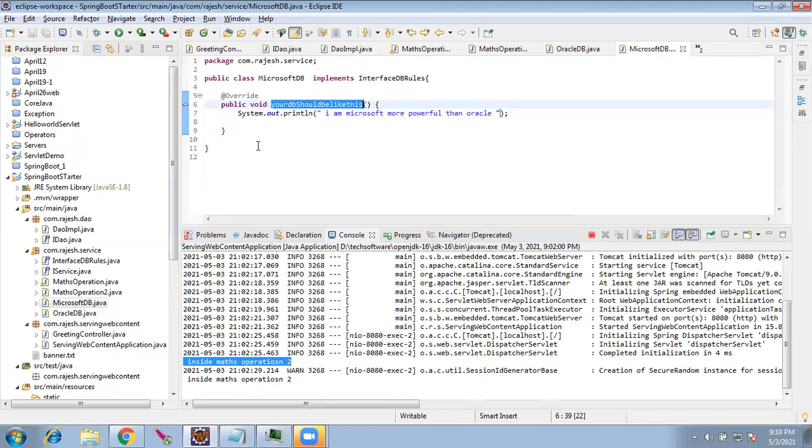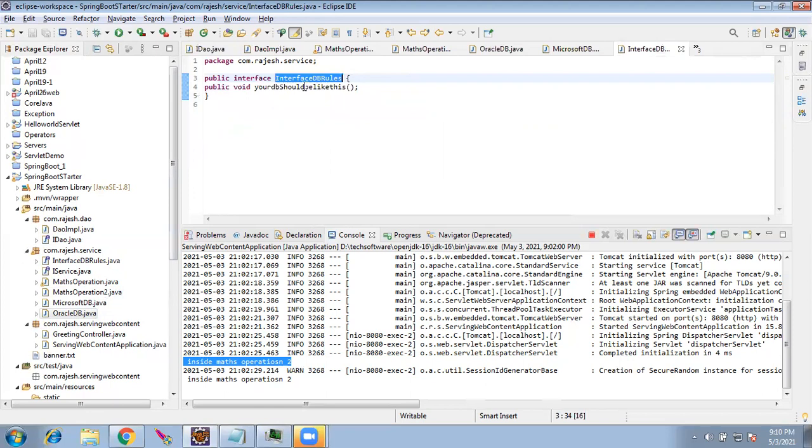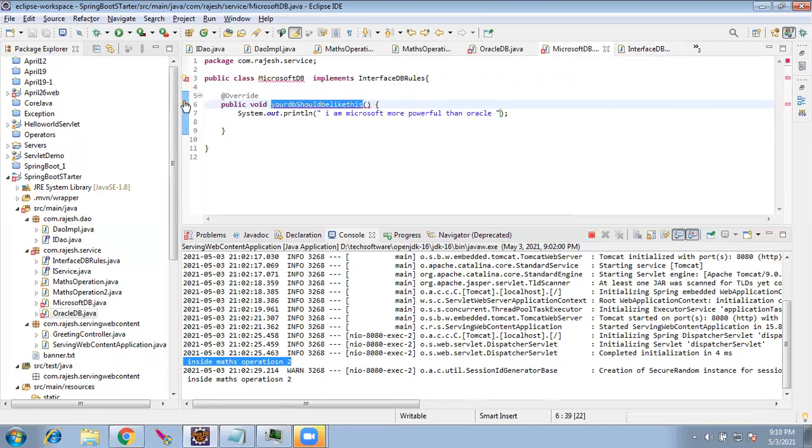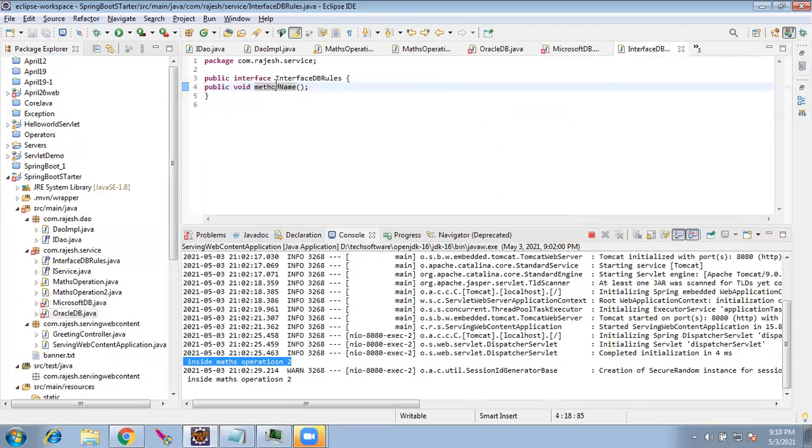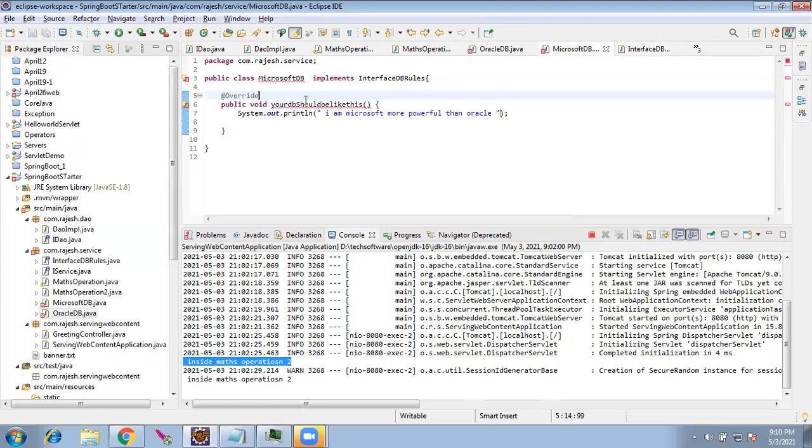Right? Can you notice this? Yeah, Oracle, the method name has to be, because they are going to implement the rules. The rule is fixed. Now, these guys are meeting up: your DB should be like this, I don't want this method name, your method name should be method name. Now everyone will have to change their code. Since they have said that it should be method name, they will all change it to method name.